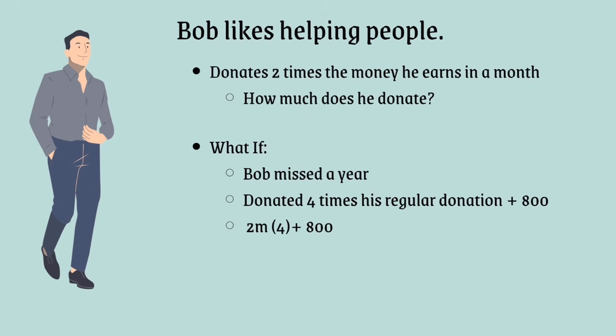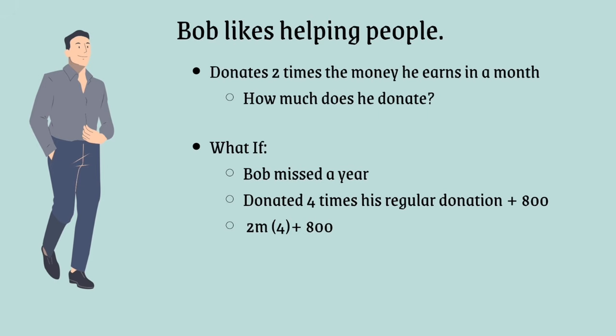At this point, you may be wondering, what's 2M and what's with the parentheses? Both of those are there to represent groups. 2M means that there are 2 groups of M, and 2M parenthesis 4 means that there are 2M groups of 4. This probably sounds a little bit confusing, but if you think about it a bit more, it's just multiplication